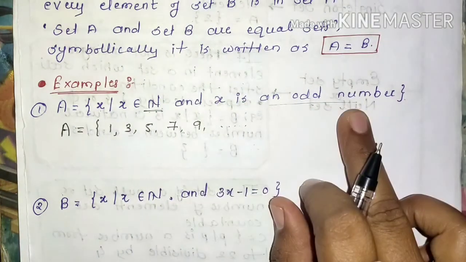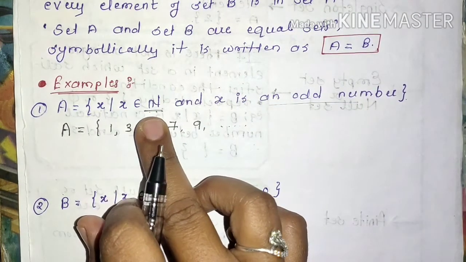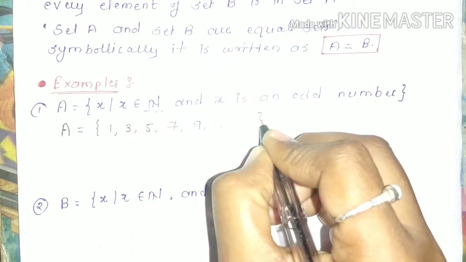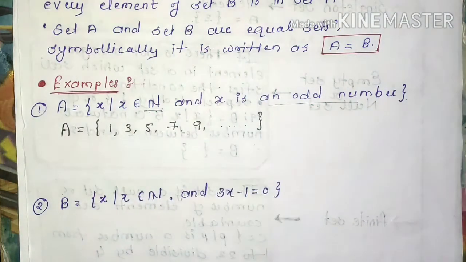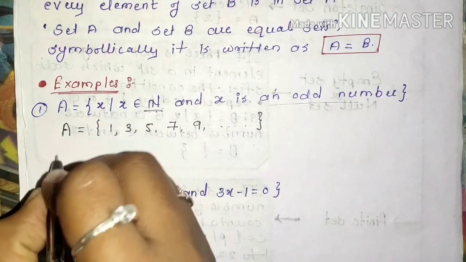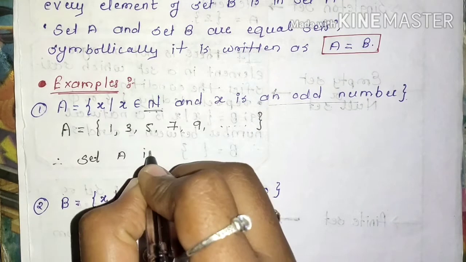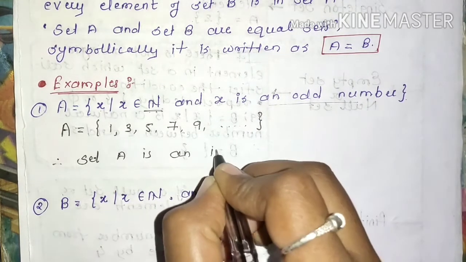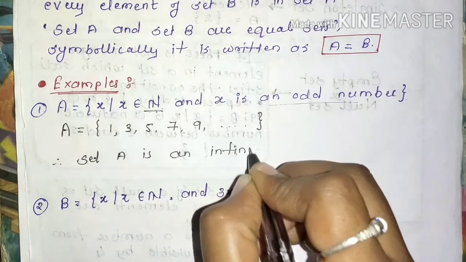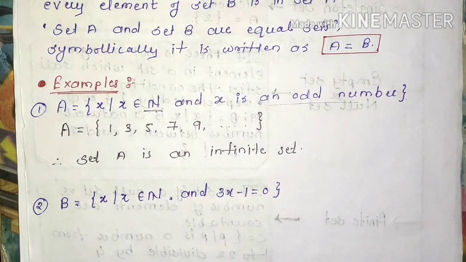they do not give the condition. They only said that x belongs to a natural number and x is an odd number. That means we get infinite numbers. That means set A consists of uncountable elements. So hence set A is an infinite set. Okay. So to understand which type of set it is, we have to write the given set by